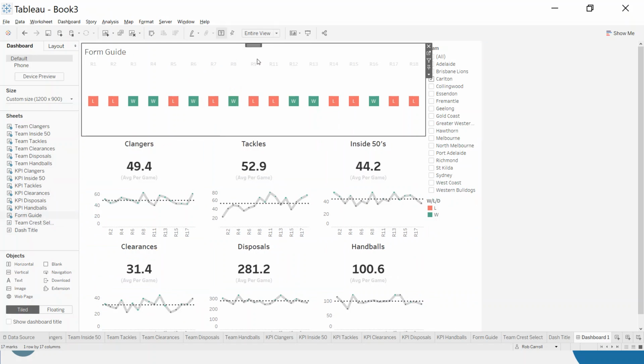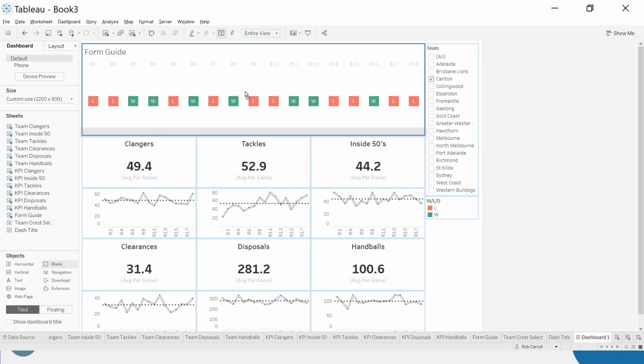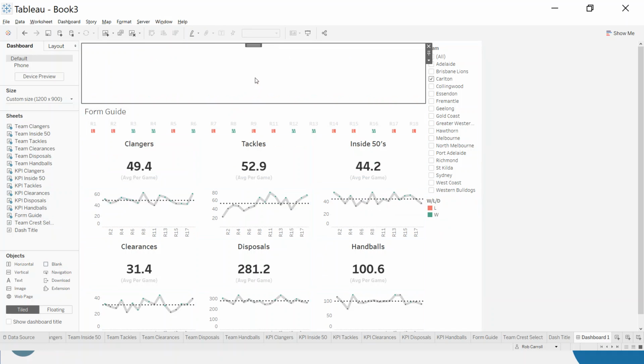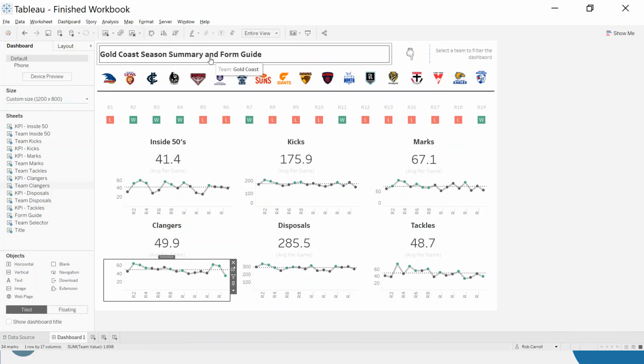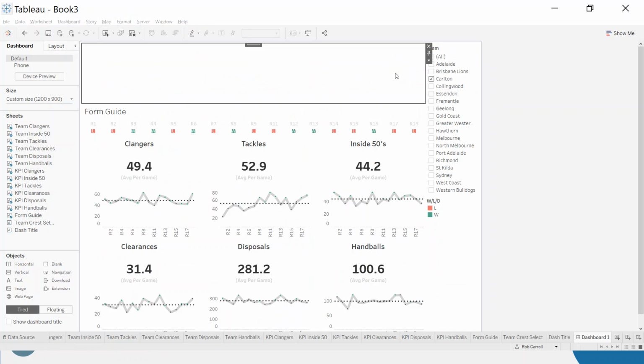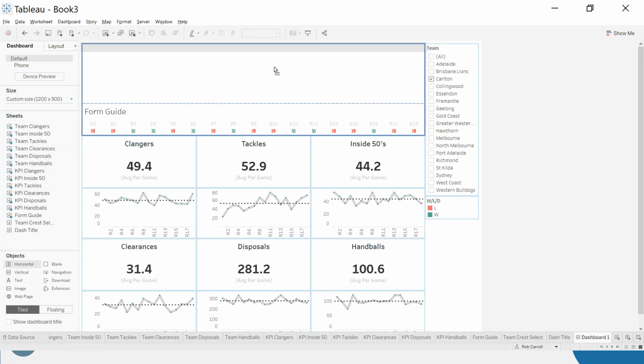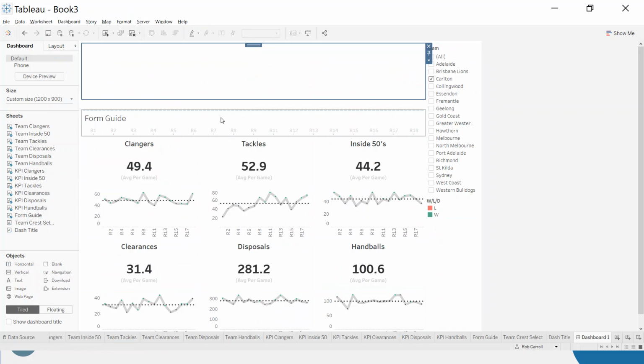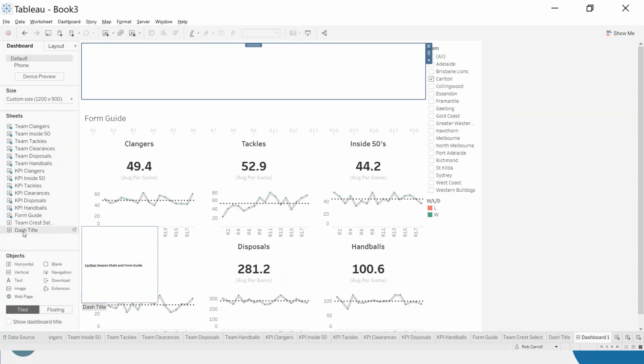I then want a line running across the top of that. So I'm going to use a blank container for that, and I'll show you how we edit that in a second. So I've got form guide, that, and then I want the title, and I have some extra bits over here. So I'm actually going to use a horizontal container for that bit. Okay, so form guide, blank, horizontal container, and in here goes my,